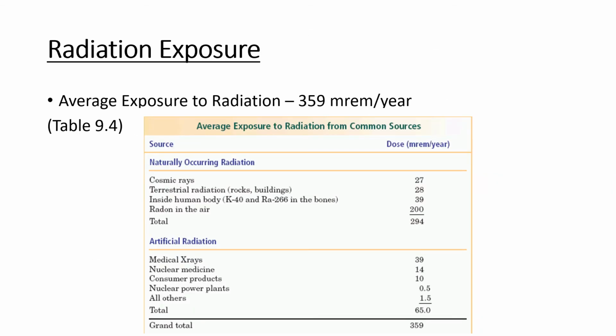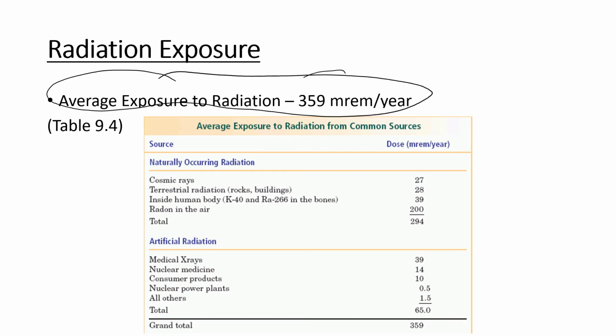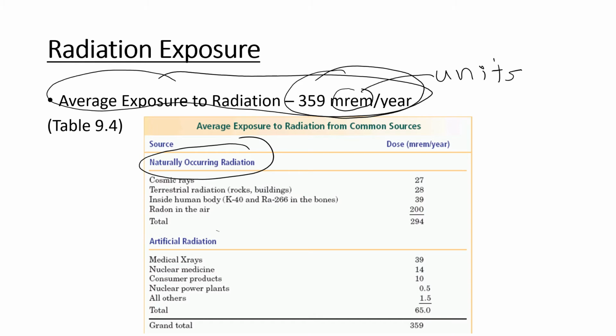This slide shows us our average exposure to radiation is about 359 millirems per year. The millirem is actually another type of unit that we can express radiation. Like in the previous example, we have disintegrations. There's a number of different types of units, so you don't have to worry too much about being familiar with the units. But this is just showing us per year. You don't have to remember this number. What I want you to get from this chart here is we're looking at naturally occurring radiation sources and artificial